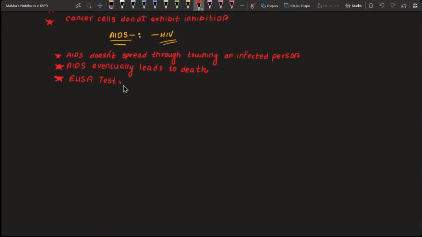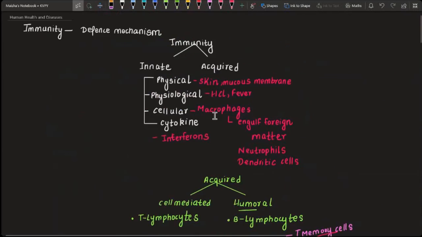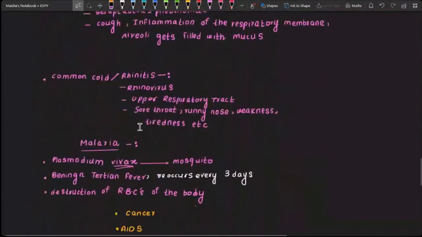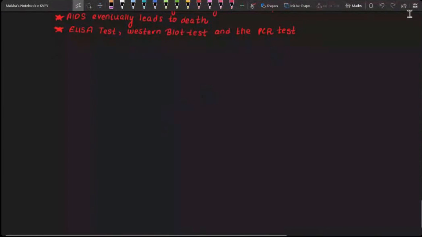An important point: the confirmatory tests for the presence of AIDS are the ELISA test, the Western blot test, and the PCR test. These were the important points regarding AIDS. So with this, we have covered human health and diseases. And if you revise these important points, then you will be able to solve any kind